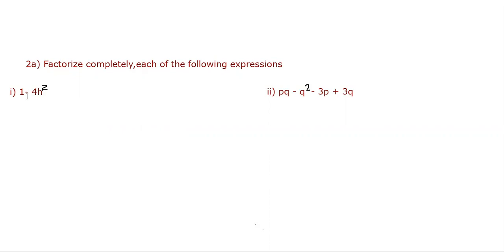So therefore, if you have 1 minus 4h squared, then those two equations that you're basically factorizing to, one has to be a positive and one has to be a negative. Simply because when you multiply, in order to get a negative number, you have to multiply a positive number and a negative number. So this one is quite simple. So this one is 1, and of course we want to find the square root of 4, which is 2, and the square root of h squared, which is h. So it would be,